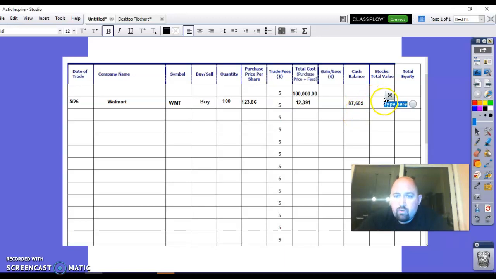Now, the total value of my stocks, since the stock market is actually closed, there's been no trade, is actually $12,391. Now, if I had more stock, I would add all of my stocks together to get the total value of my stocks, and then the cash value plus my stock value gives me my total equity. So if we add this column and this column,